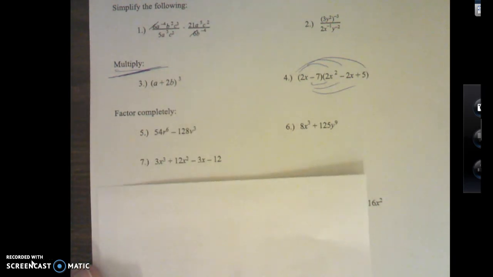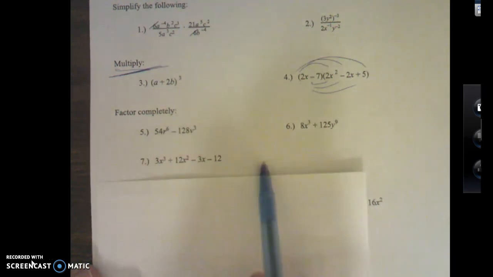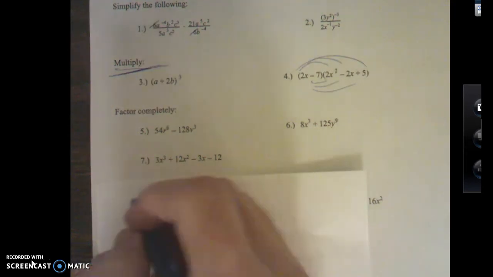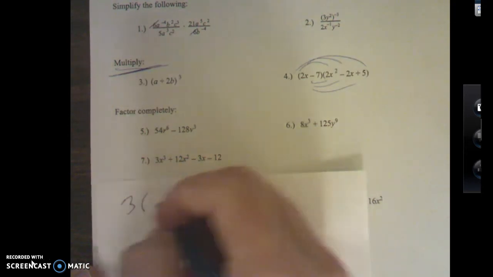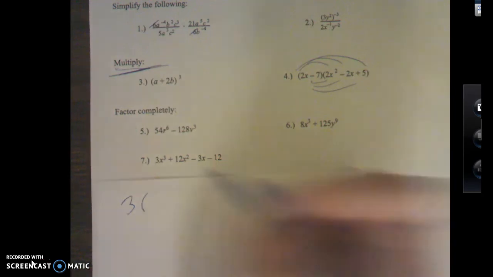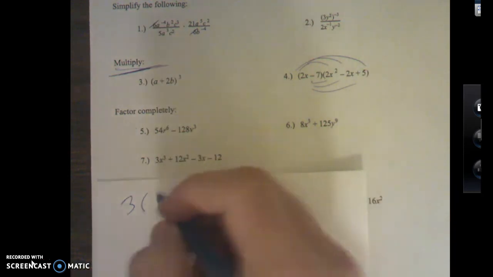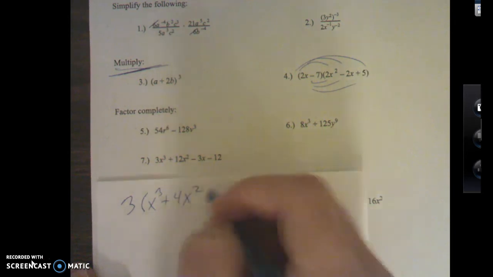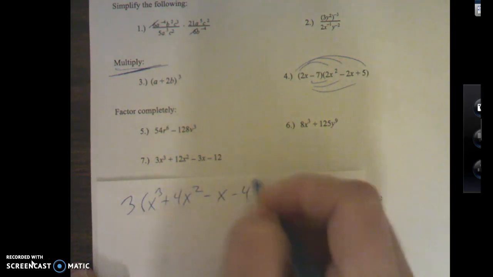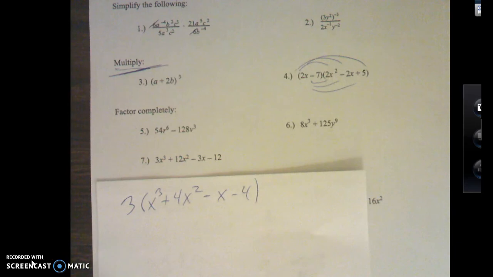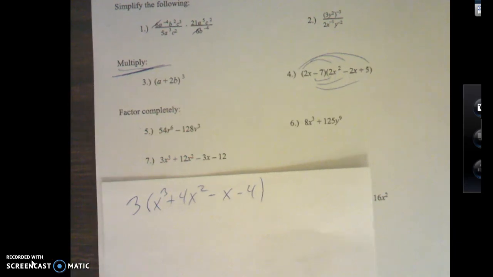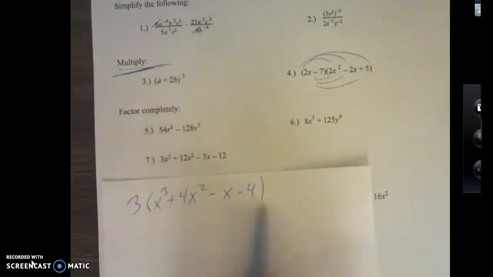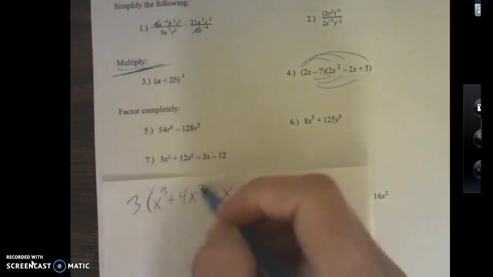Okay. Hey guys, do you see a number that can go into all 4 of these? Hopefully you see that there's a 3 that can go into all of them. So that, oh, you can also take, nope, we're good there. So if I take out a 3, I'm left with an x cubed plus 4x squared minus x minus 4. Sweet. Now, so inside here, okay, when I have 4 terms, 1, 2, 3, 4, right, I can do factor